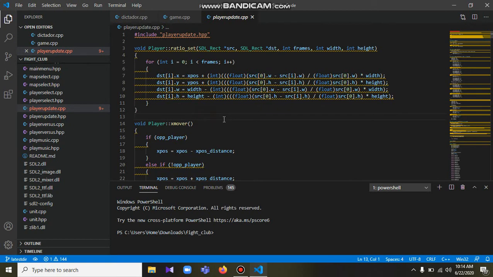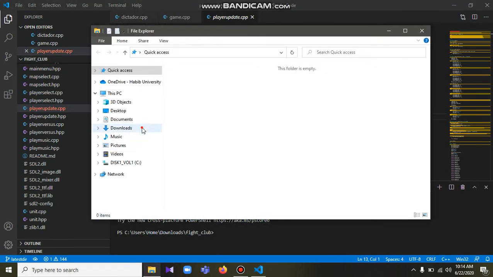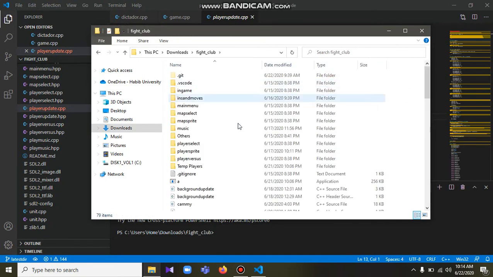Because within the png file, the way the rectangles change is with respect to the first rectangle of the player. Let me show you.